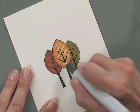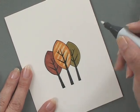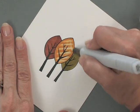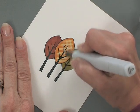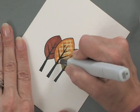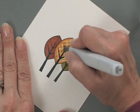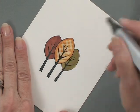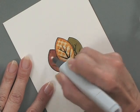That's okay, because this is all going to blend. Maybe I'll do one more down here. And then I'm going to turn it a little bit, and I'm going to go the other way. Do my first layer. And I'll go over it one more time to make it just a little brighter. Okay, now I'll do the brown one, doing the same thing,